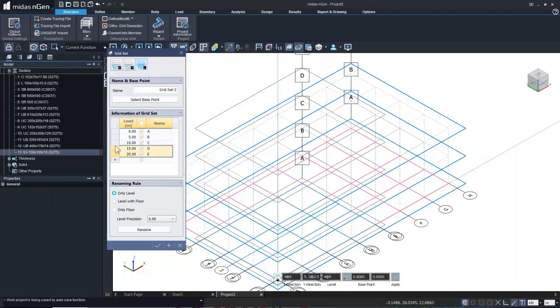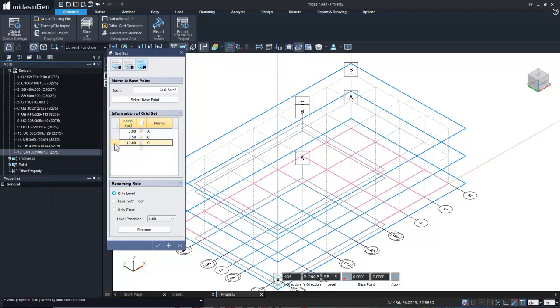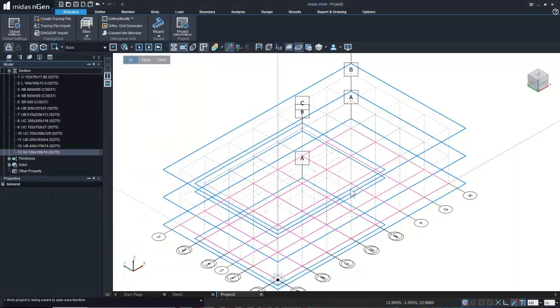There are many right over here. You can just delete them. So we have one level which is at 8.5 and we have another level which is at 10. Don't have a level at the 20th way. So this is how we can go ahead, do the modification over here itself, and then we can click on OK. So this is how we have modified our